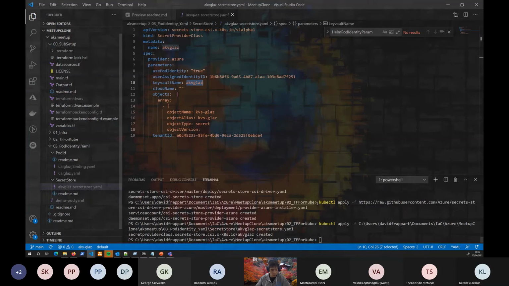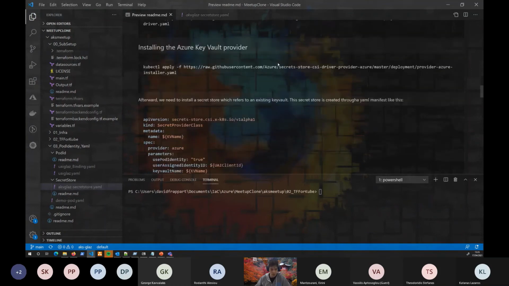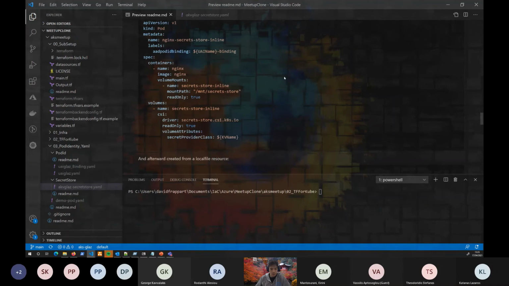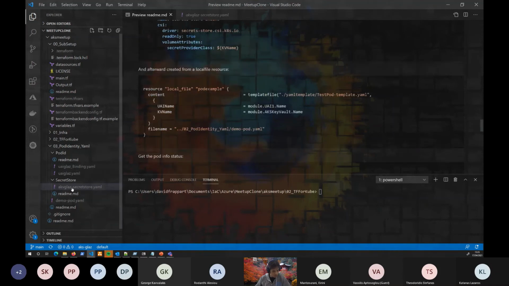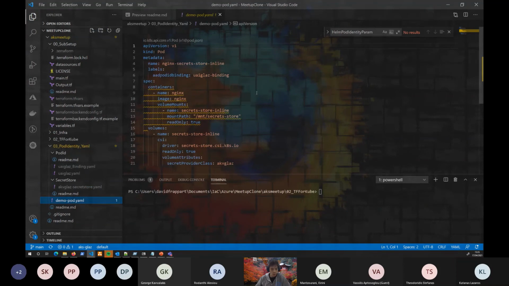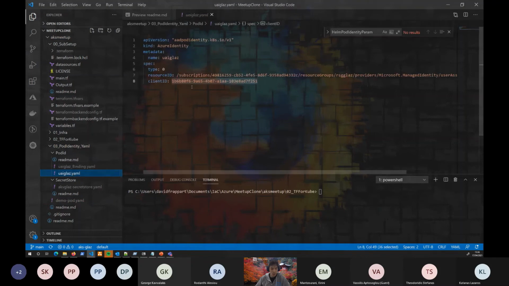Okay, so now on the last point, let's just verify that I did not forget anything. Okay, everything is just fine. I have one last file, not this one, which is just a demonstration pod, which will be granted access to the Key Vault by what I showed you earlier, through the means of this label, AAD pod identity binding, which is again this one, which is mapping to this user-assigned identity.